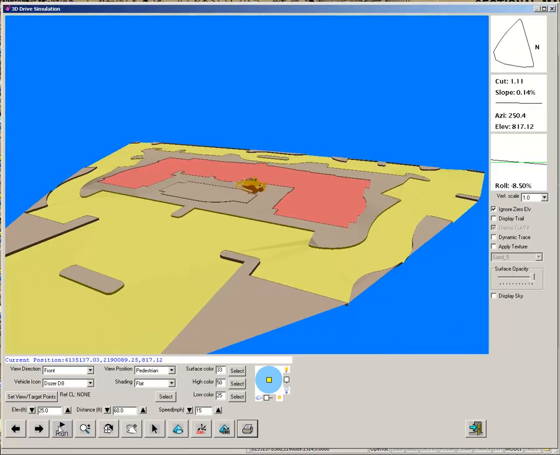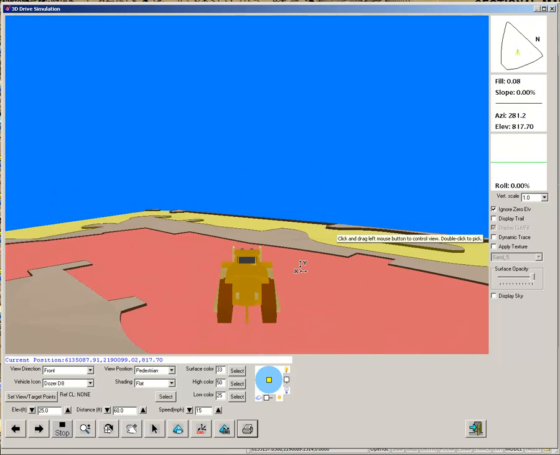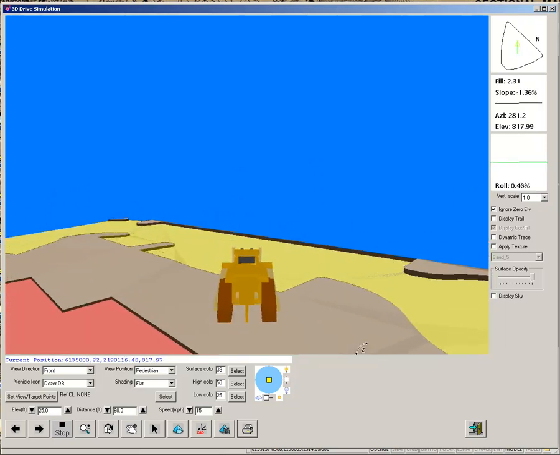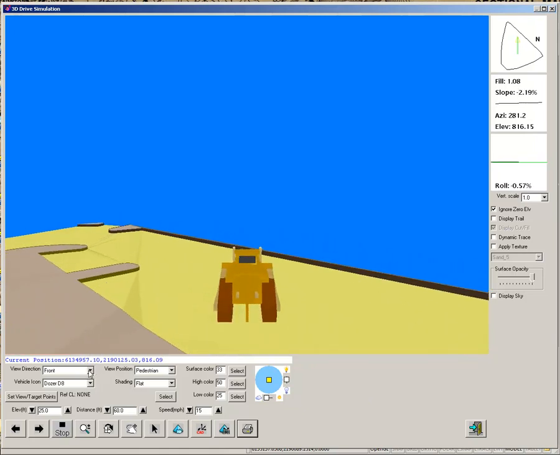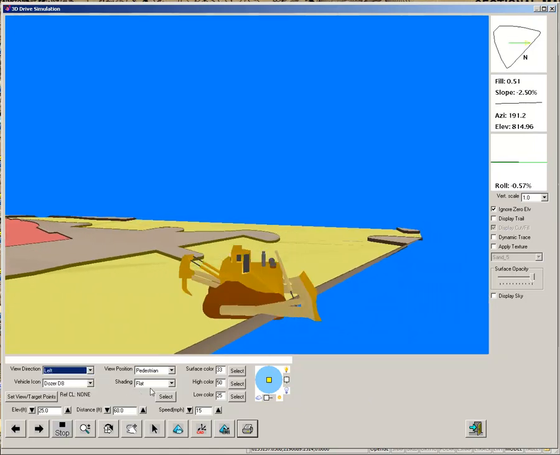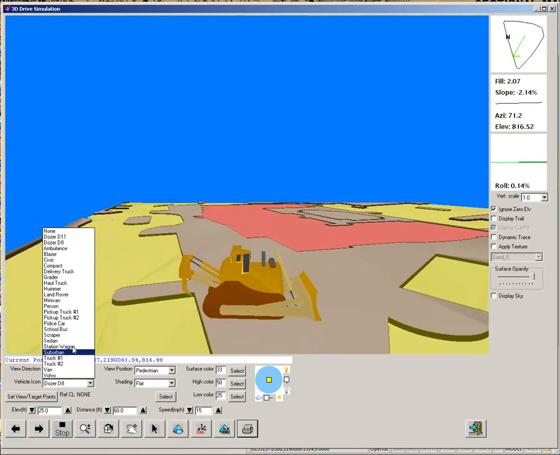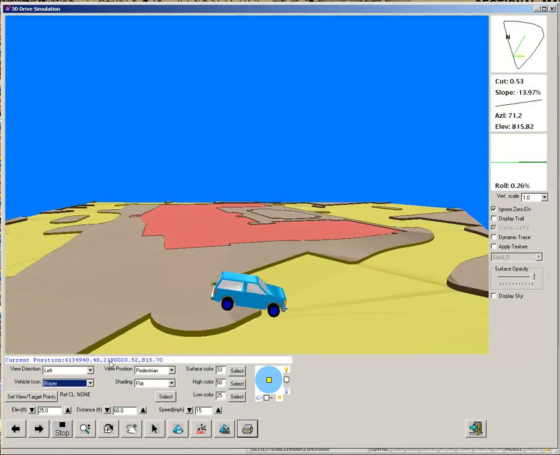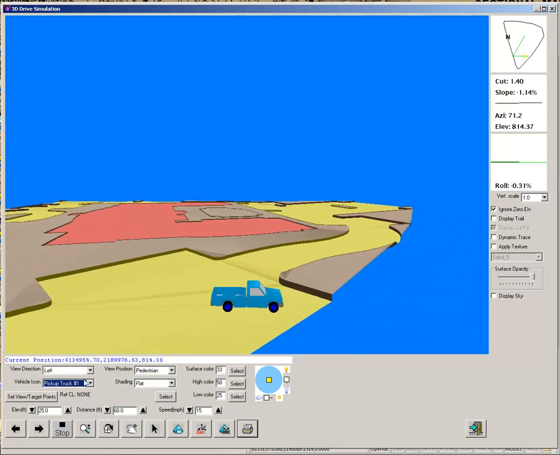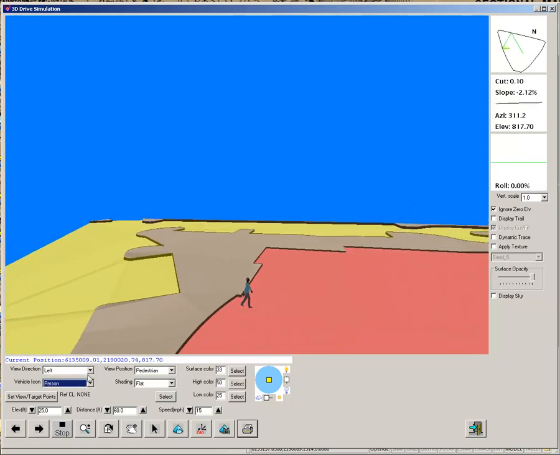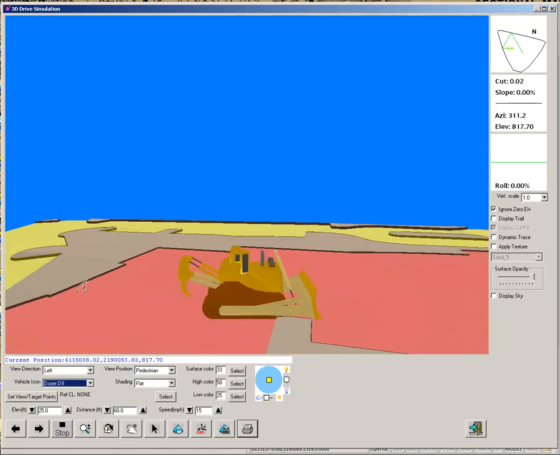I can hit run, and drive along the job, use the arrow keys to move left and right from my keypad. I can change the views that I'm looking at. I have different little vehicles that I can use to drive around. I can be a person running across the site, and